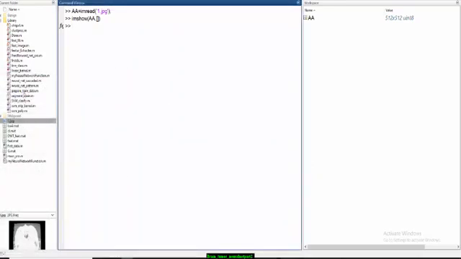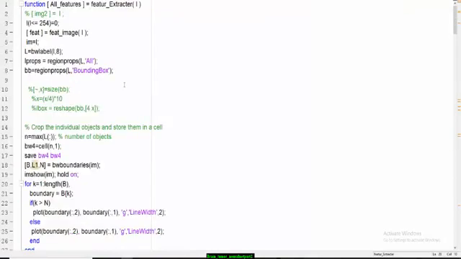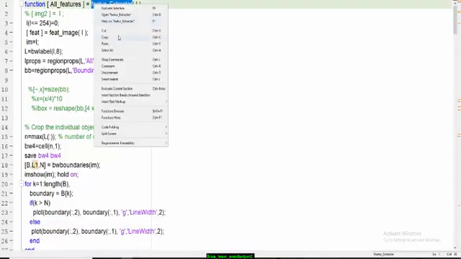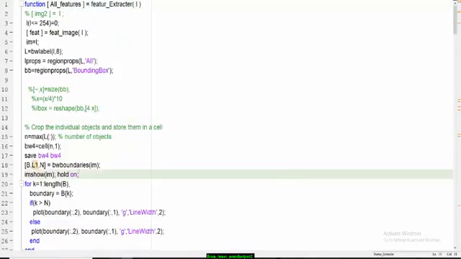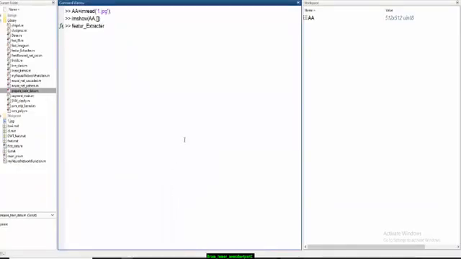For feature extraction, I'm going to use a method, feature extractor, and will store all the features in a variable, feature value.